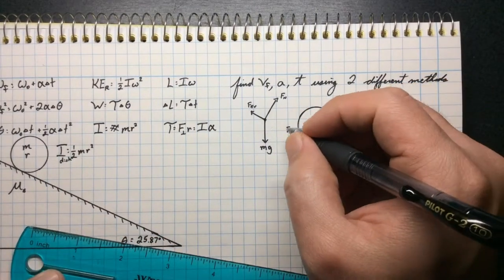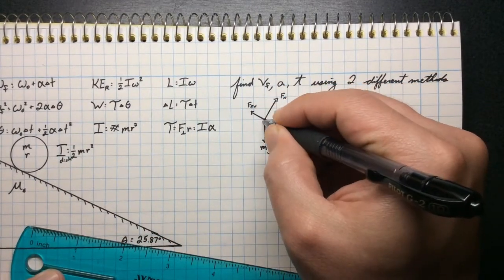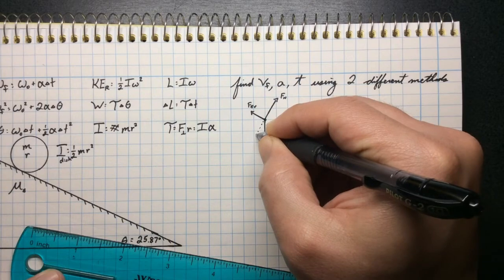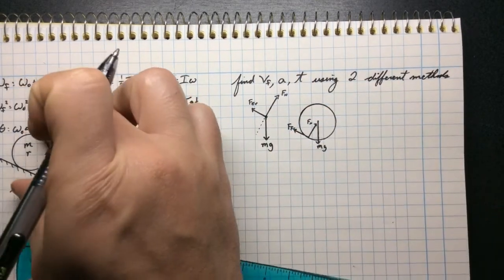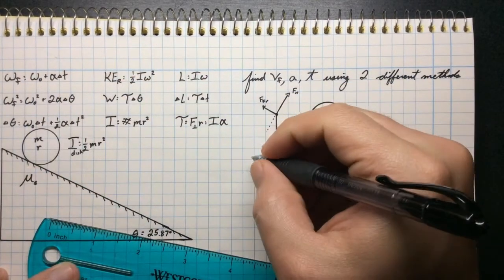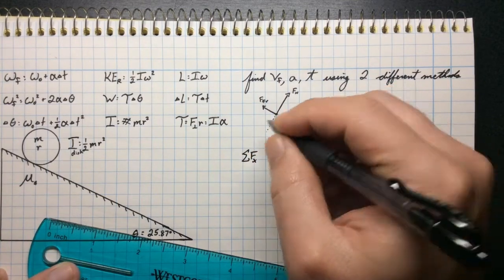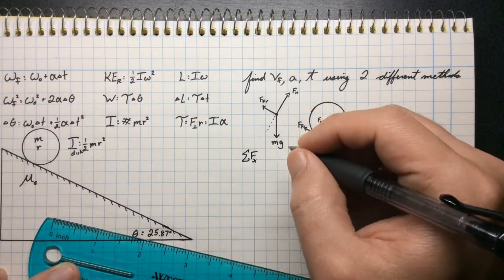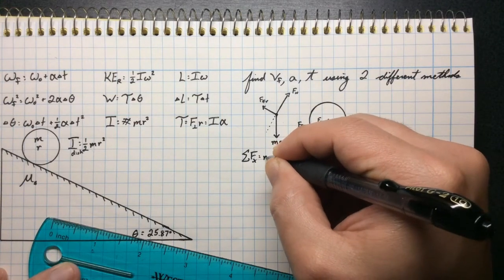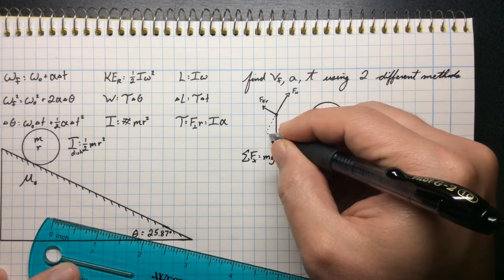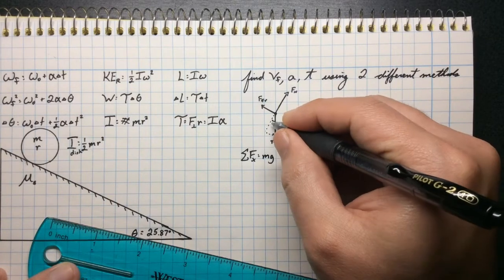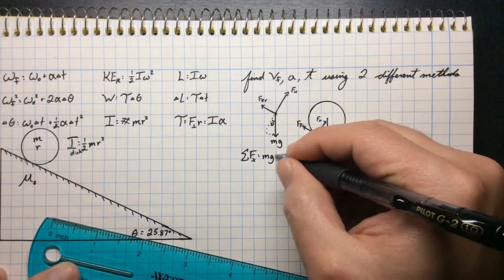The sum of all forces here, remember that we do need it to be unbalanced, which means it's going to accelerate down the inclined plane. So the sum of all forces in our new x direction, along the inclined plane, is mg, this piece of it though, so your angle is theta right there, so mg sine theta